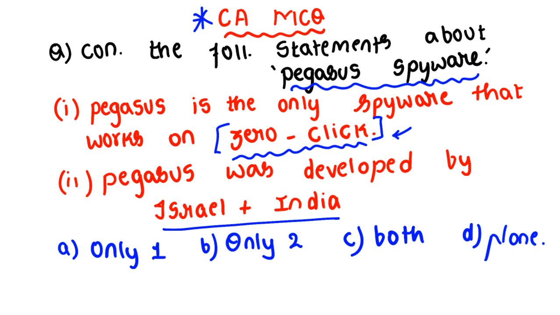Clear? So here he is asking about Pegasus. The problems related to malware, firmware and spyware should be easily reduced or detected. Otherwise, these malwares might affect the digital devices that we are using today. Clear? So that is the reason this MCQ is also important, and I encourage everyone to keep the heading as